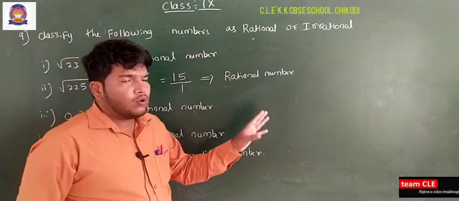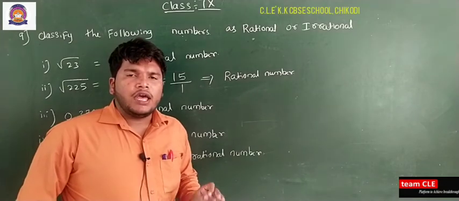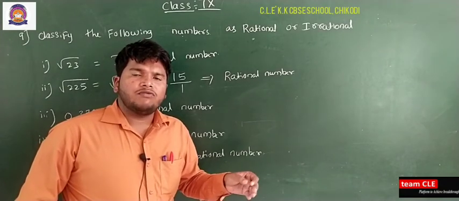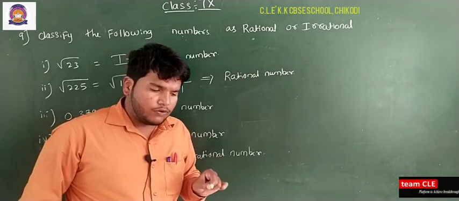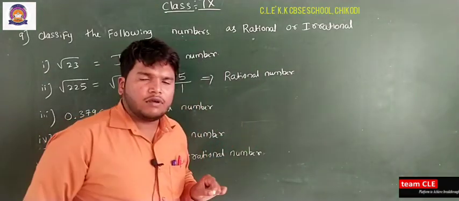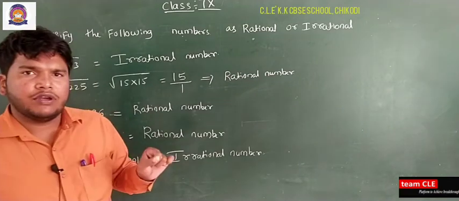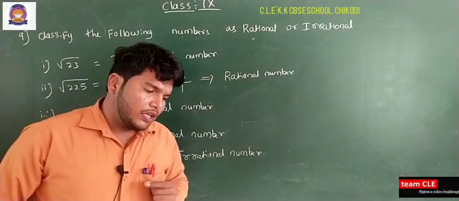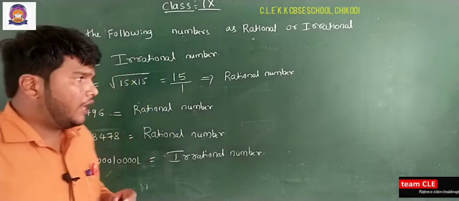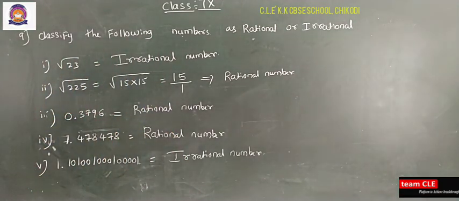All of you note down exercise number 1.3, and I will send some examples in the form of PDF. Note it down and send it to me on my WhatsApp number. This completes your exercise number 1.3. In the next video I am going to solve the next concept, representing real numbers on the number line. Please watch this and take down the notes.